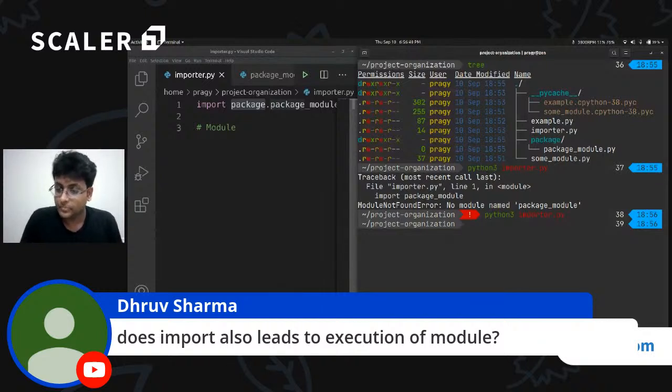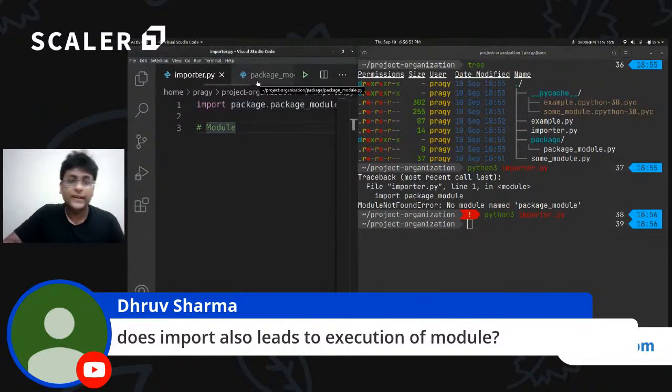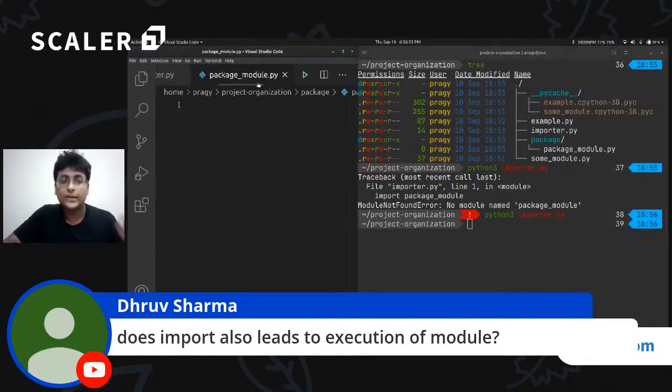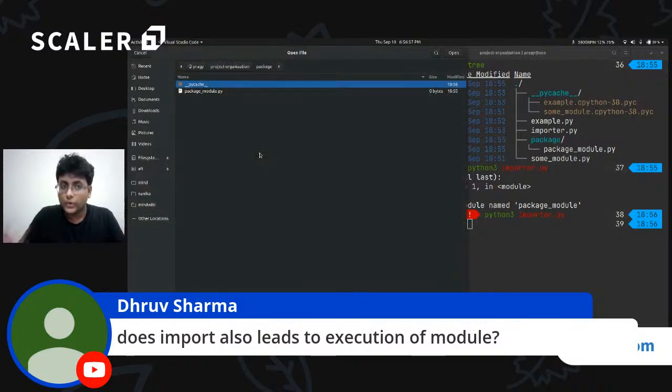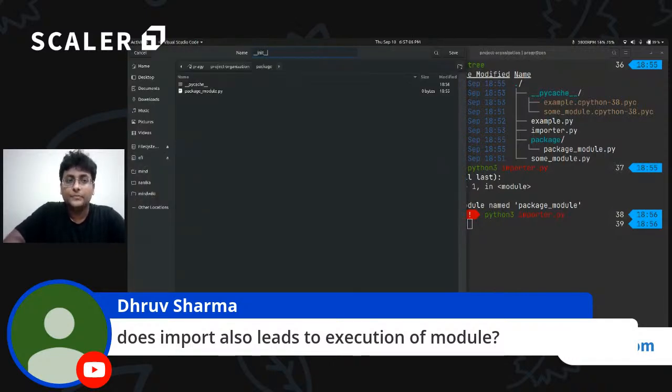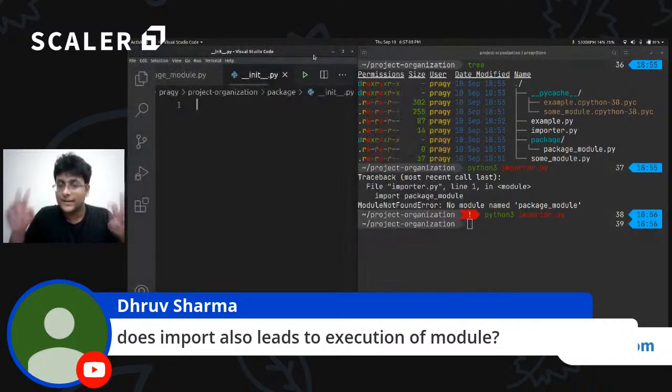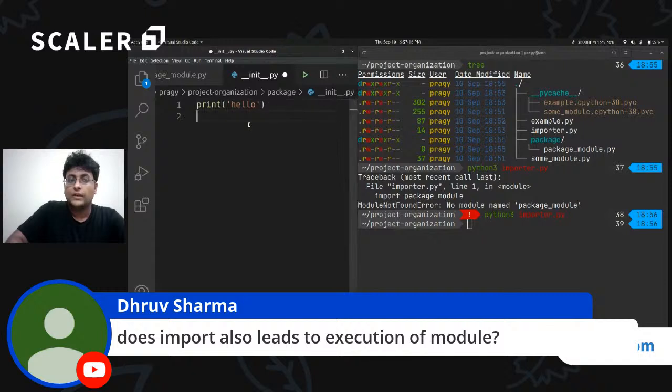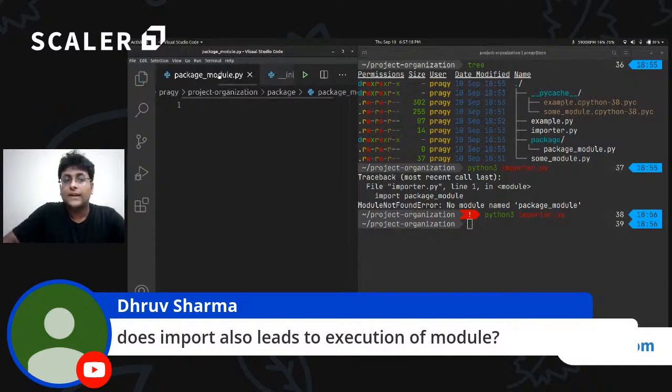All right. Perfect. Now you don't really need to know it right now, but I just want to introduce one more concept. In packages, you often will see files like __init__. Once again, we see this double underscore pattern over here. __init__ is a file that is executed whenever you import a package. So if I say print hello over here, and if I come to the importer,